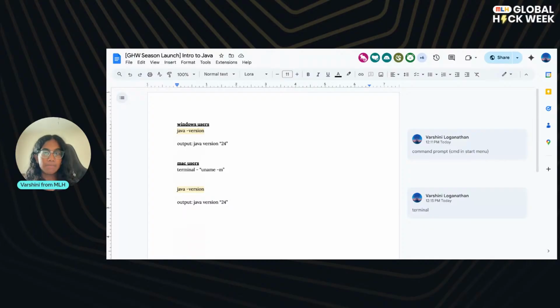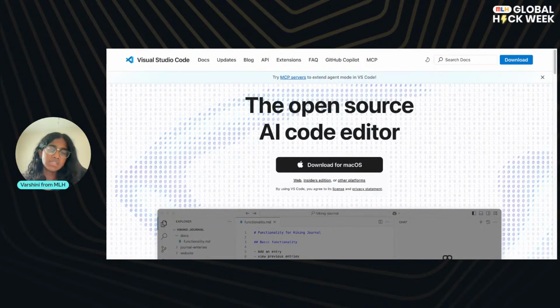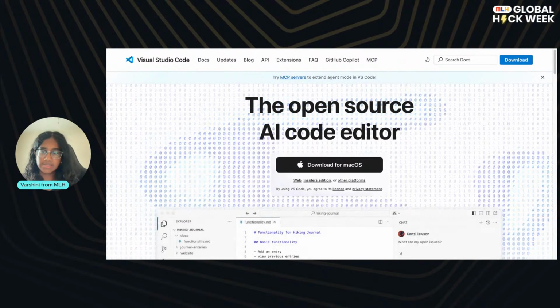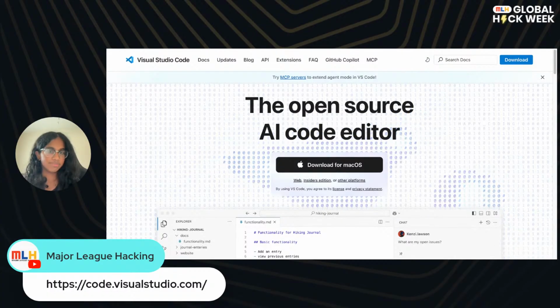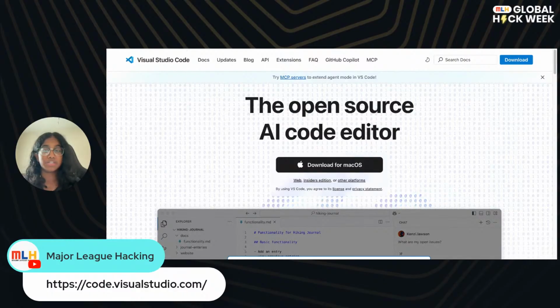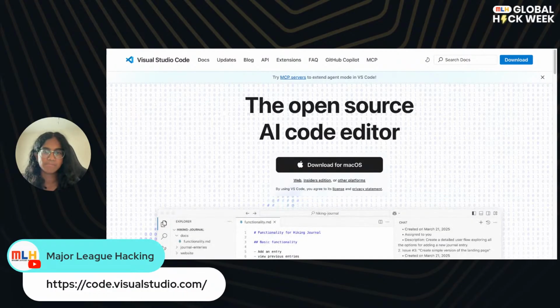So I'm going to assume that nobody else has any installation problems, but put it in the chat if you do. I will check back a little bit more frequently. I was scrolled up and I couldn't see the new messages. But yeah, we're going to be downloading Visual Studio Code. So it is this link. And we're going to obviously just download it. It says download for Mac OS for me because I'm on a Mac. Hopefully it says download for whatever system you're on. But yeah, just download VS Code. And then once you've downloaded it, open it up.